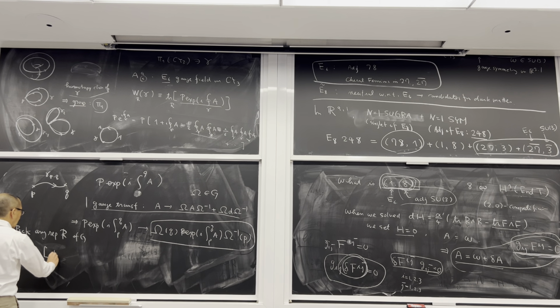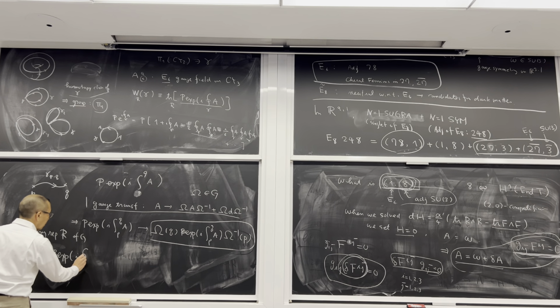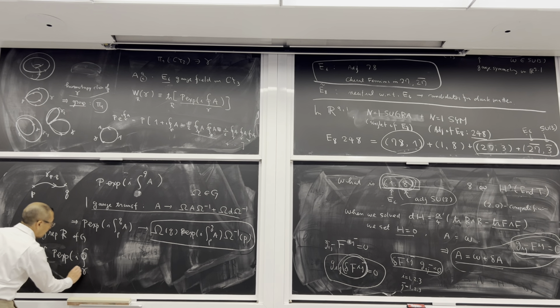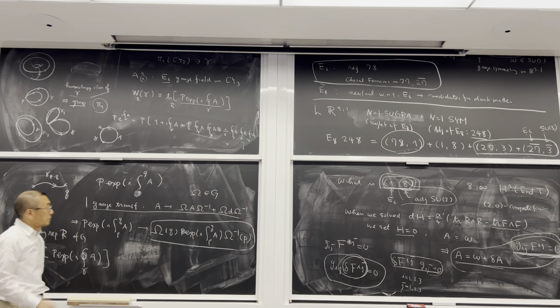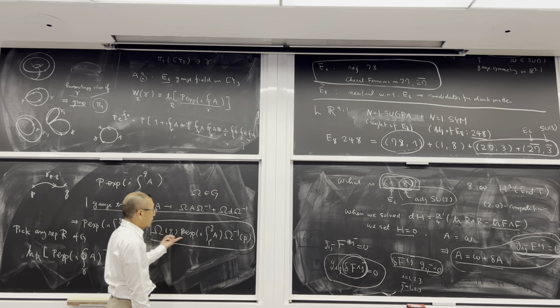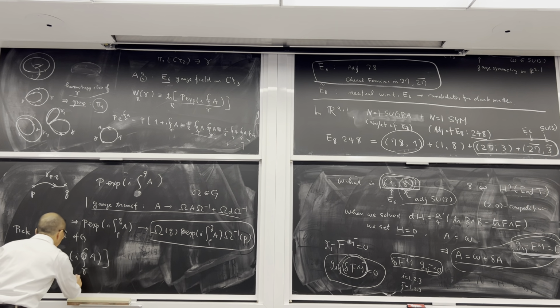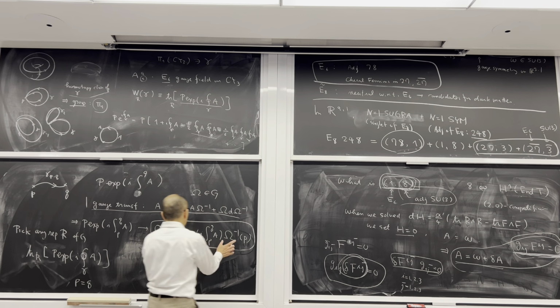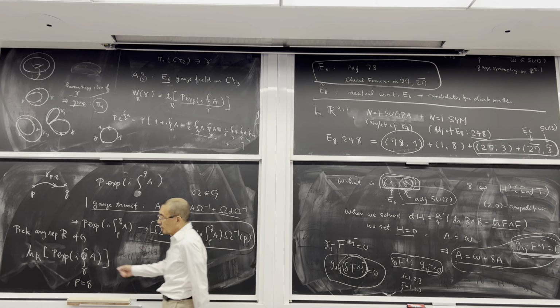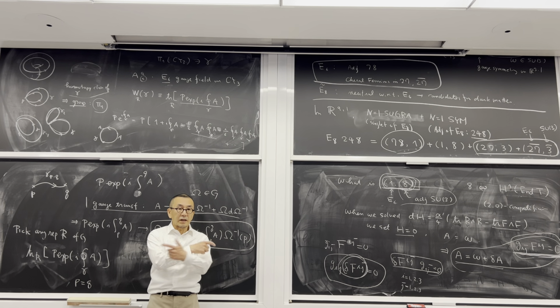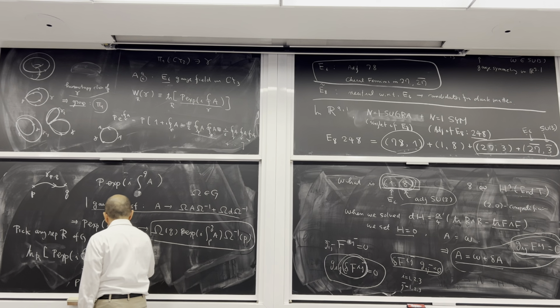And then the path ordered exponential of i, now integrate over a closed path of A. If you integrate the gauge field over a closed path, the P and Q are the same. So closed path means that P is equal to Q. So that means that you have the same omega sitting here, omega and omega inverse. So if you take the trace, they get cancelled. So that means that this is gauge invariant.